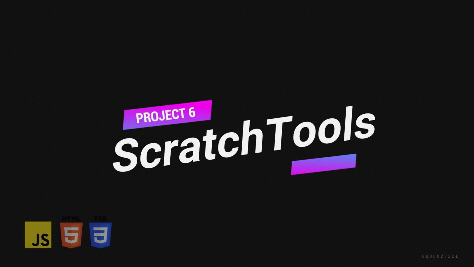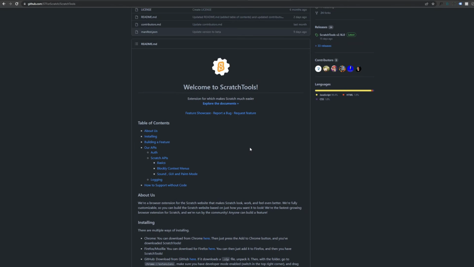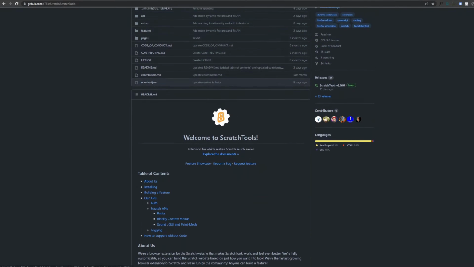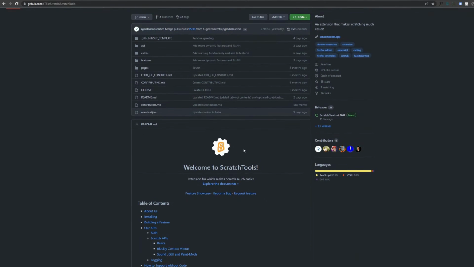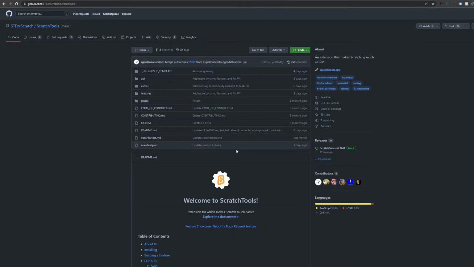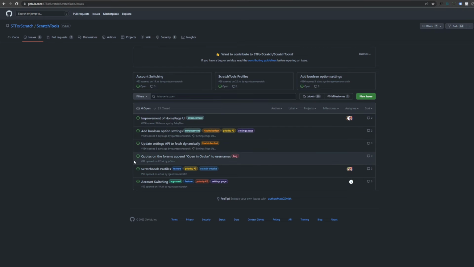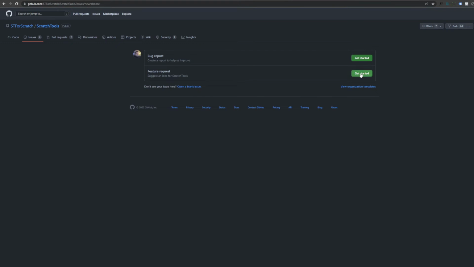Number 6 on the list is a community run browser extension that helps kids with the popular Scratch coding website, and to me this is what open source is all about. The ability to create a positive impact on the community, and this project really delivers that. I mean, having the ability to inspire and encourage the next generation of developers who will go on to build awesome things is no small thing. And they don't have many issues open at the time of recording, but the team behind the extension are keen for contributors to get involved. So have a look around and find something you think would be an awesome addition to the extension, and then create a new issue to discuss it with them.